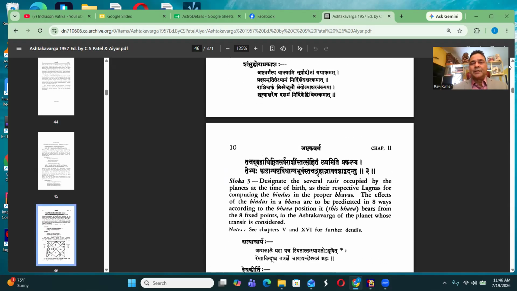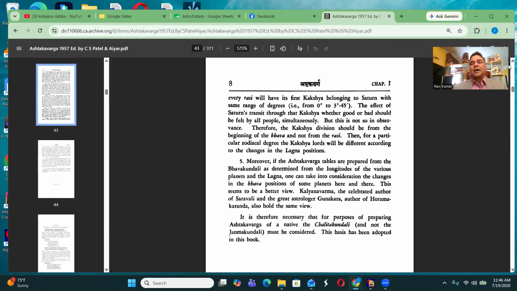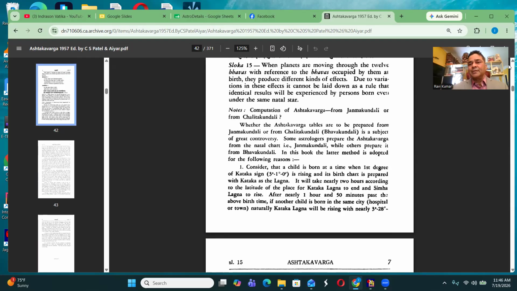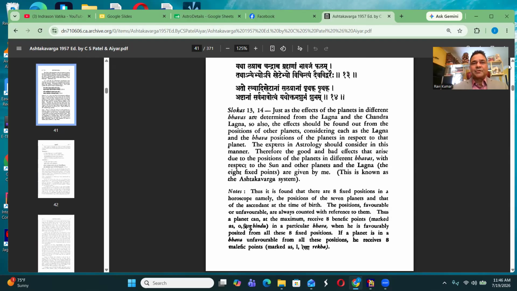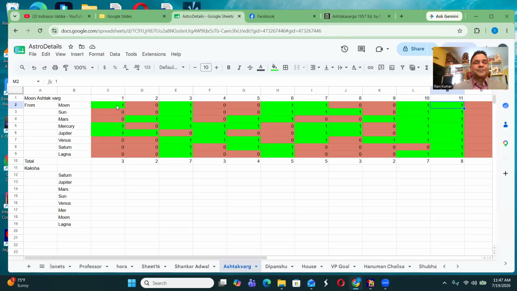And then you sum up those numbers and see which house has how many points. One point for auspicious, and like that we can sum it up. I made a simple spreadsheet here, and you can mark it if the Moon is getting an auspicious point from the Moon itself in the first, third, sixth, seventh, 10th, and 11th. Mark it as you want. Everything else is 0. Then you can sum up the numbers and come up with the points. Now, how to use it in a horoscope?